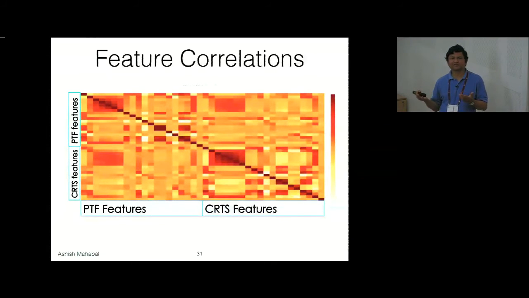They will be somewhat different from each other. The diagonals are simply saying the correlation between one value and the same value. Right, I see some similarities also. So they will be identical, meaning the PTF versus CRTS and CRTS versus PTF, so you'll have those identical in some sense. Okay, we'll talk about that. In some cases it may be simply small number statistics and rounding off that comes about.